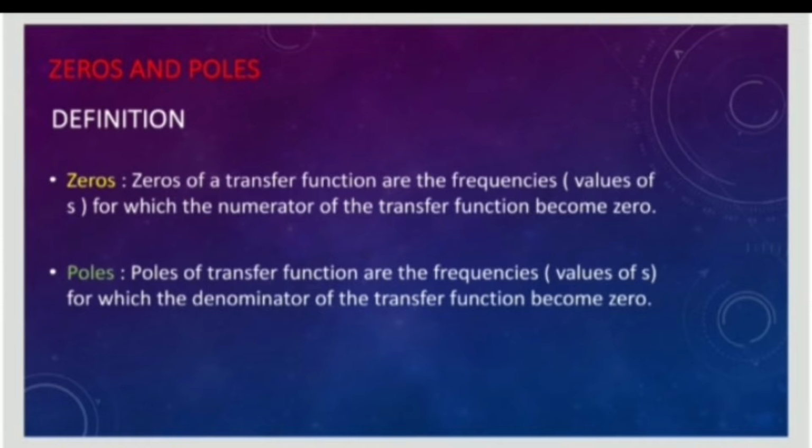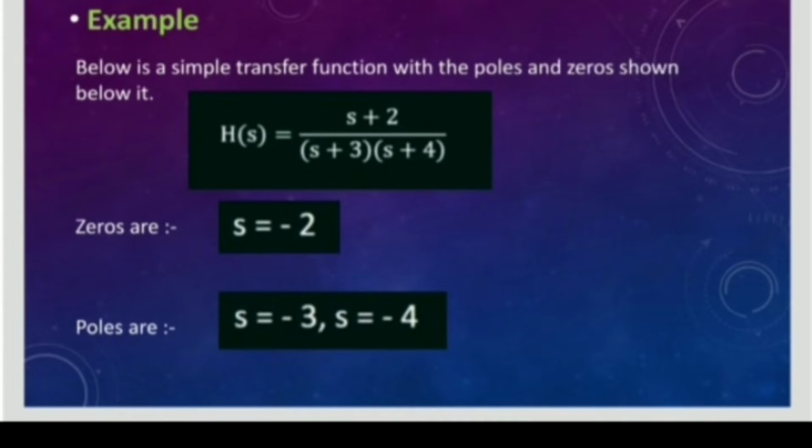Zeros. Zeros of a transfer function are the frequencies, values of s for which the numerator of the transfer function becomes 0. Definition of poles. Poles of a transfer function are the frequencies, values of s for which the denominator of the transfer function becomes 0. We will take an example to understand zeros and poles, and the example is given as: